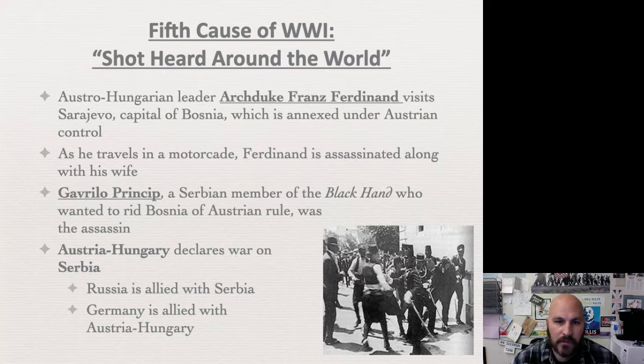Well, the way it goes is that the caravan goes down the main boulevard, and the first assassin loses his nerve. The first assassin has a bomb he's going to throw. It's similar to a grenade, but it's not a grenade. It's a handheld device that he throws, and it's supposed to detonate on contact. But he loses his nerve, and so he doesn't throw it. Well, the second assassin on that boulevard does throw it.